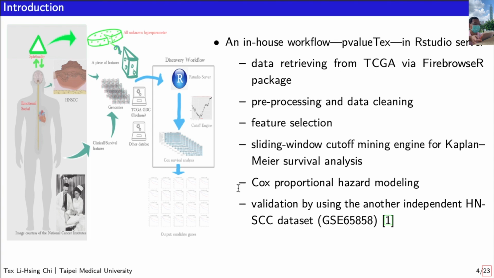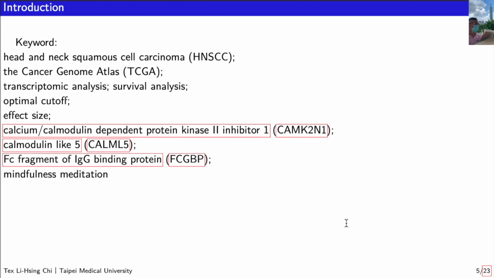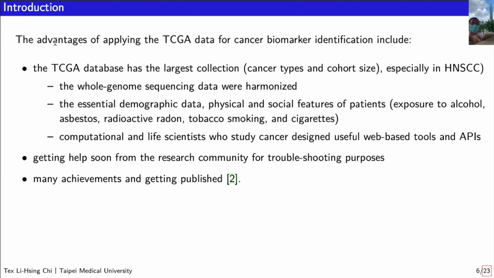The good cut point can be extended to explore more potential biomarkers, and next the Cox proportional hazard modeling. We use the model to find our candidate biomarkers and then validate them with another data set, GSE65858. Okay, so through the process we find three candidates: CAMK2N1, CALML5, and FCGBP as our candidates. And most importantly, we're going to explore